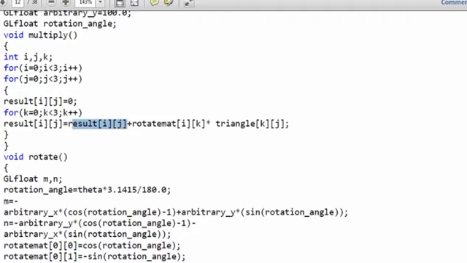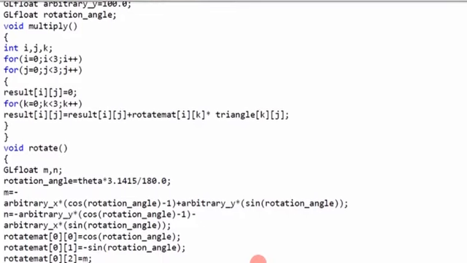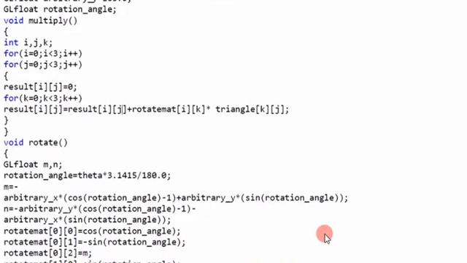So here we are going to write the resultant of the original triangle, that is i and j, the rotated triangle of x and y multiplied by the original triangle of x and y, which is then added to the result. So result is equal to result plus rotate multiplied by the triangle. Okay.